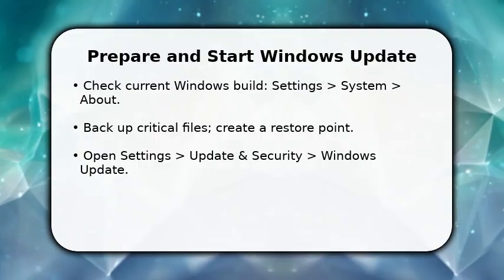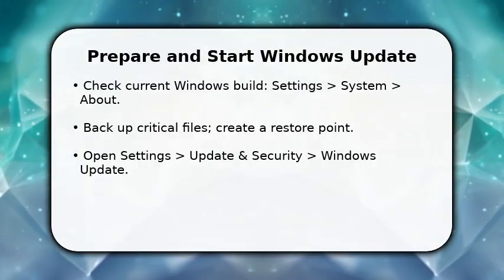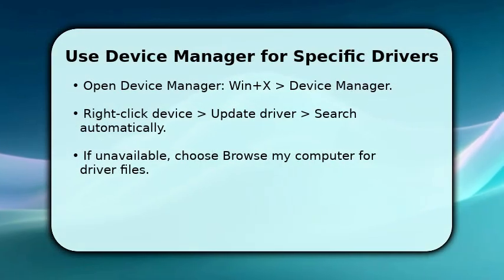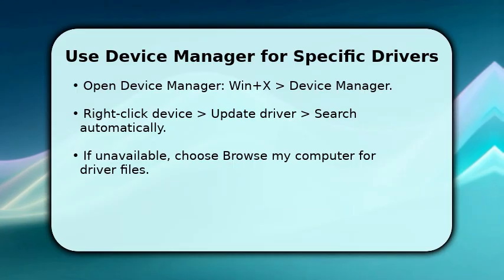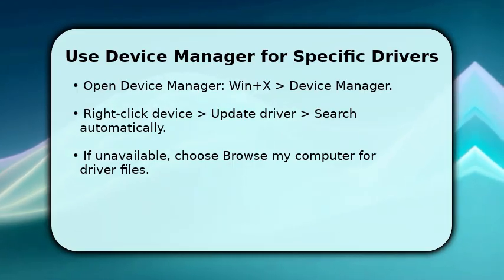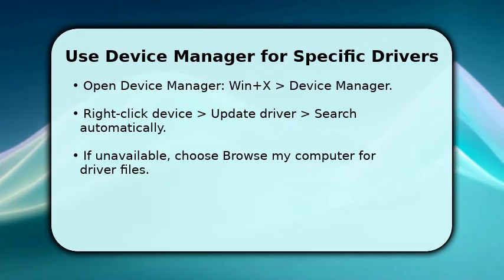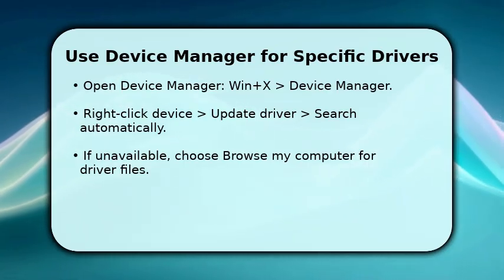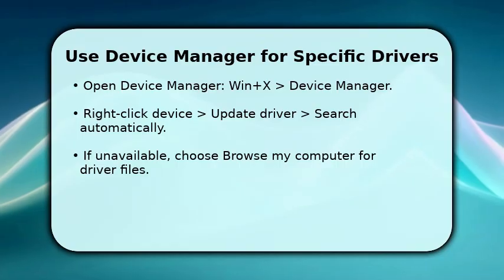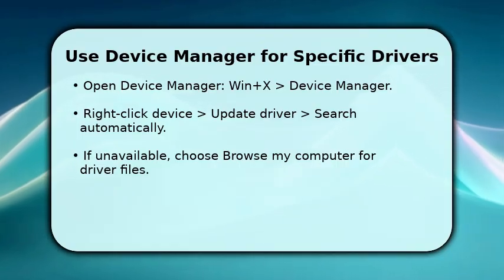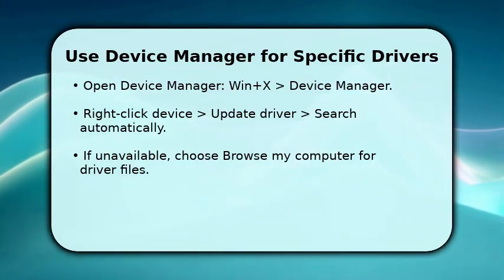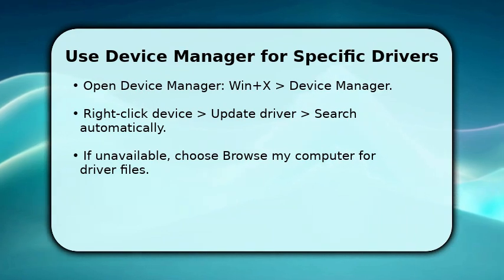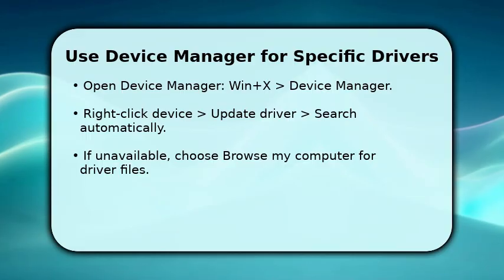Now handle device-specific drivers through Device Manager. Press Win+X and choose Device Manager, then find the problematic device, network, GPU, or audio, and right-click to update driver. Select Search automatically to let Windows query Microsoft's catalog. This works for many peripherals. If that fails, select Browse My Computer for driver files and point to a downloaded vendor package. Make sure to install 64-bit drivers if your OS is 64-bit, and restart after installation so devices initialize with the